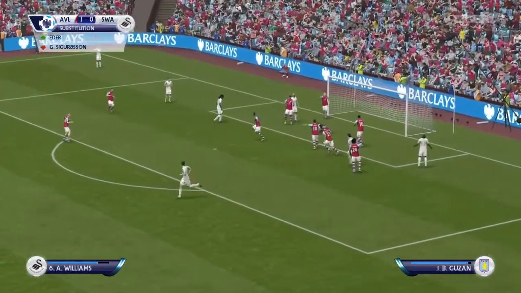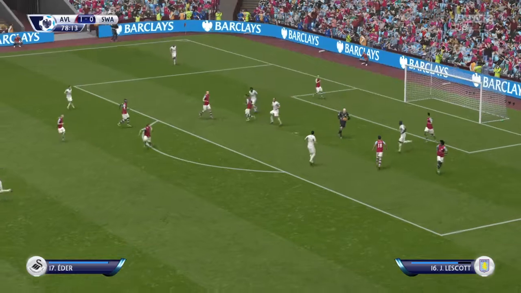It towards goal. Fine save he's made there, and he's not let the ball escape his grasp.